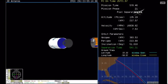And NASA TDLC, countdown 1. Go ahead, Elsie. And once again, Cygnus is now safely on orbit and lift